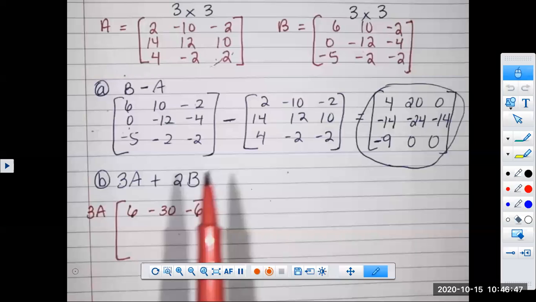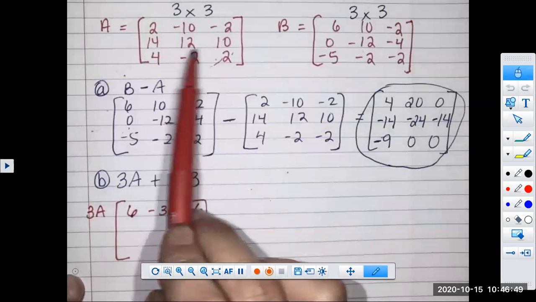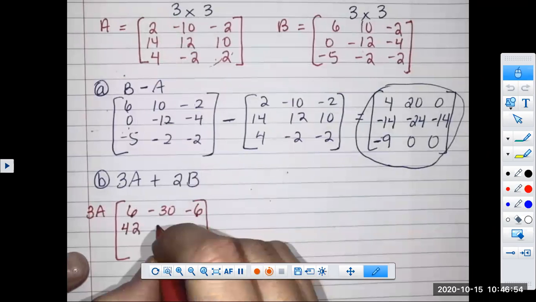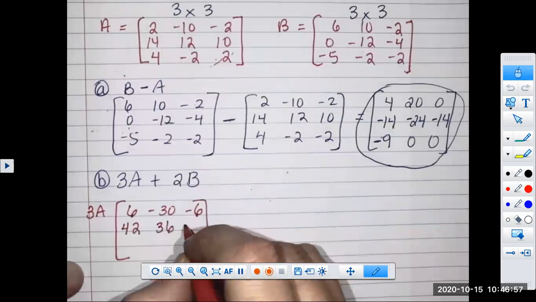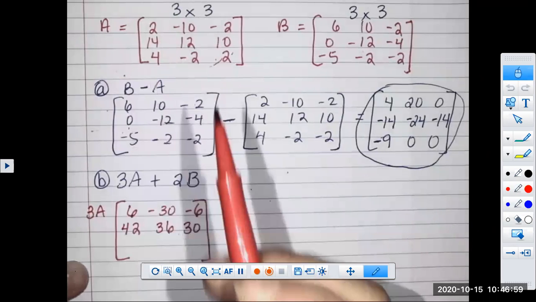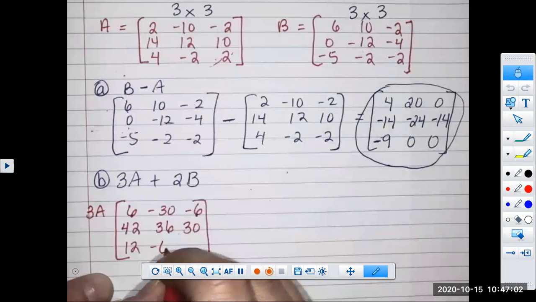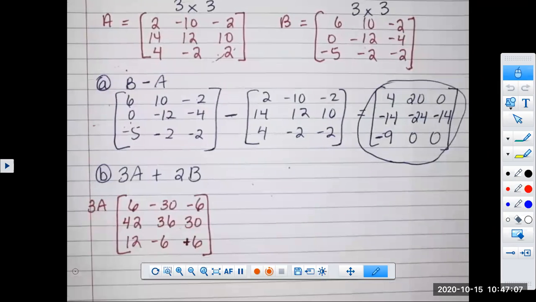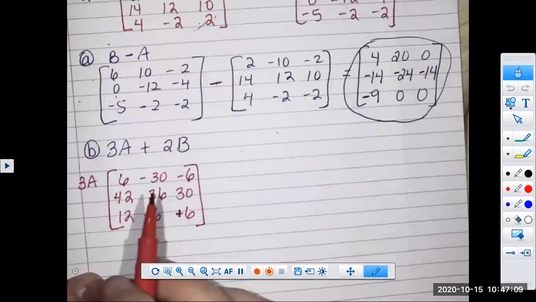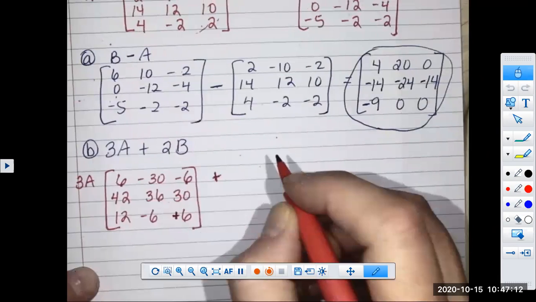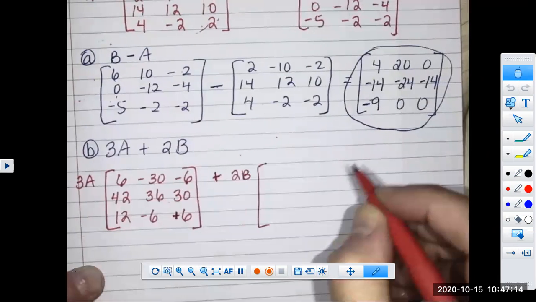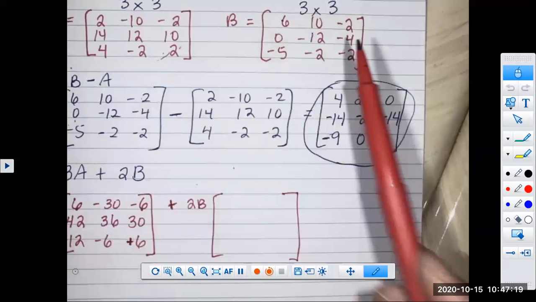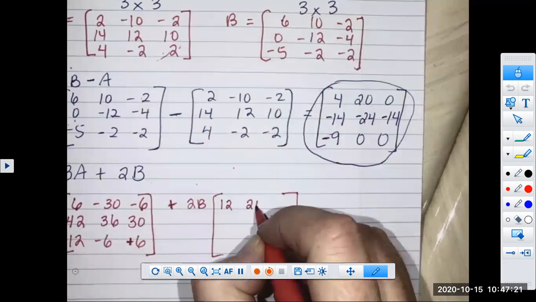Okay, and then I'm going to also multiply all of these numbers by 3. That's going to give me 42, 36, 30. And then that last row multiplied by 3, 12, negative 6, positive 6, and positive 6. Okay, so that's 3A, and then I'm going to add it to 2B, whatever I get when I multiply B by 2. So once again, go through and multiply every element in B by 2. You're going to get 12, 20, negative 4,